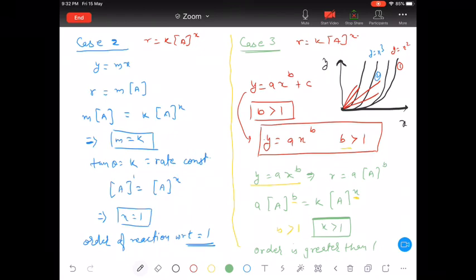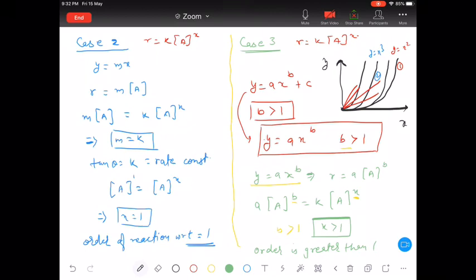We are just saying order is greater than 1. We are not saying any particular value. It could be 1.1, 1.01, 1.2, 1.3, 1.5, 1.8. It can be 2, 2.5. It can be 3, 3.5, like that. Any value it can be, but it will be greater than 1. Neither will it be 1 nor will it be less than 1. Any confusion, any doubt? We are just saying it is greater than 1. We are not predicting any value for the time being. Is it clear to everyone? Any doubt, any confusion, you just ask.